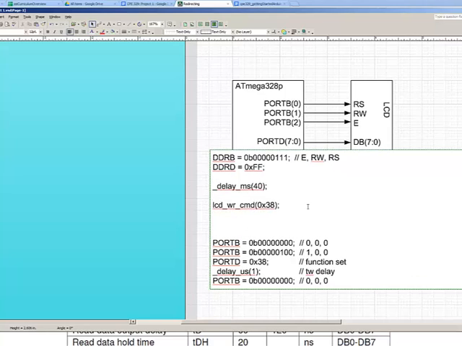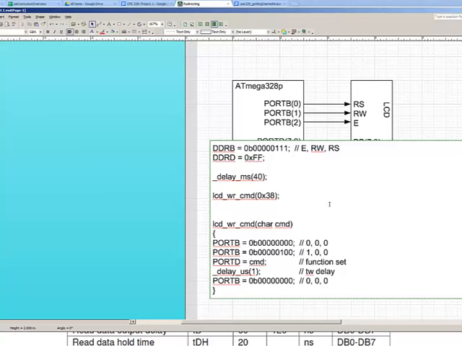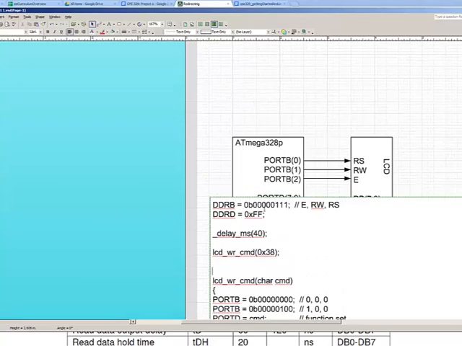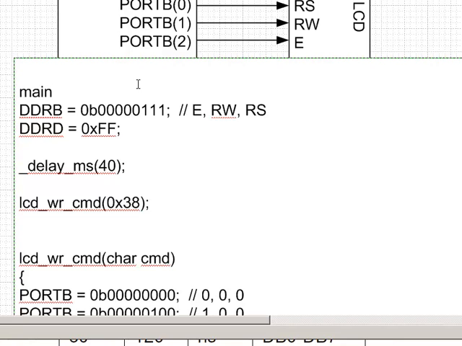And somewhere else I'm going to have LCD write command of char command, and in here will be all of this, and then instead of 38 I'll have command there, like this. And of course if this is all in main somewhere, right, so main,